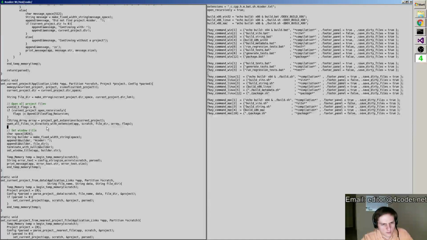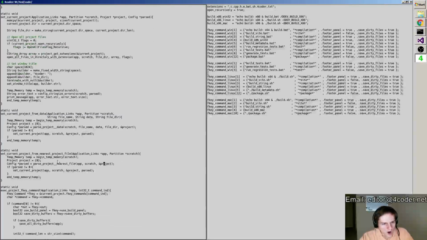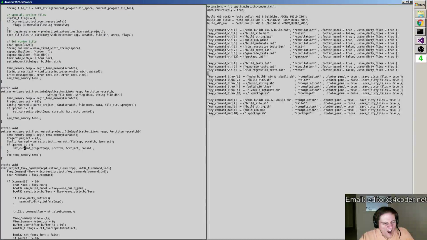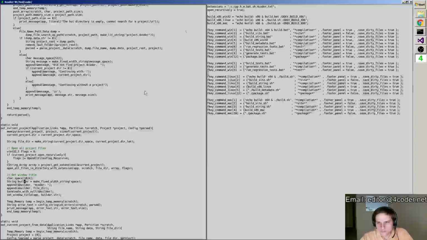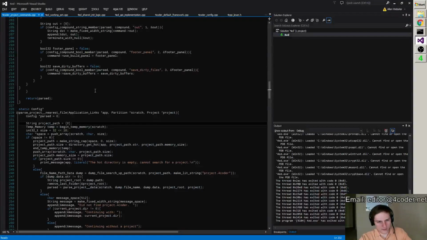Open all files and directory with extension. And let's see, neither that nor that. Parse project nearest file. Okay, we're gonna have to take a closer look, but that's not a big deal.